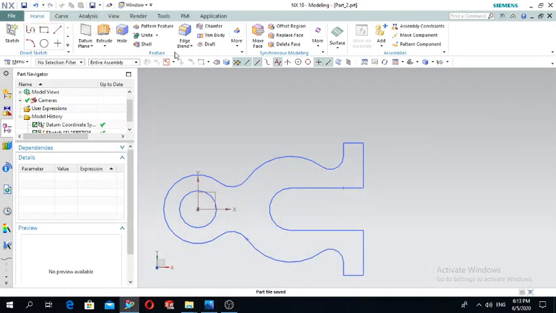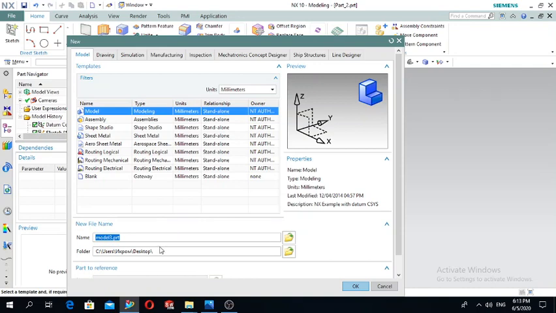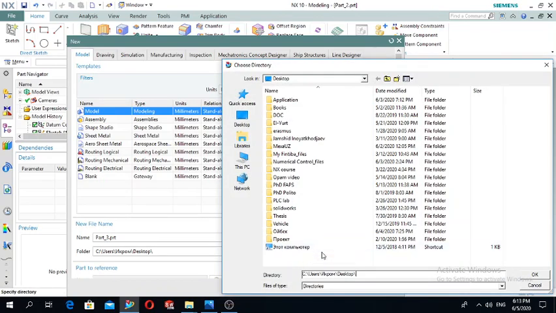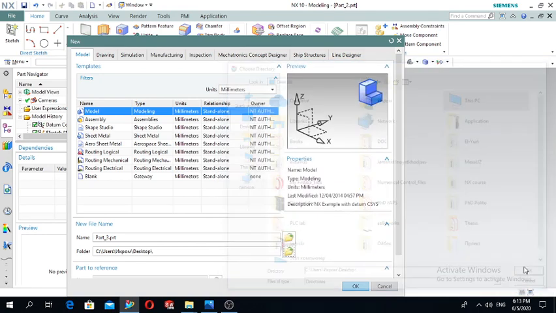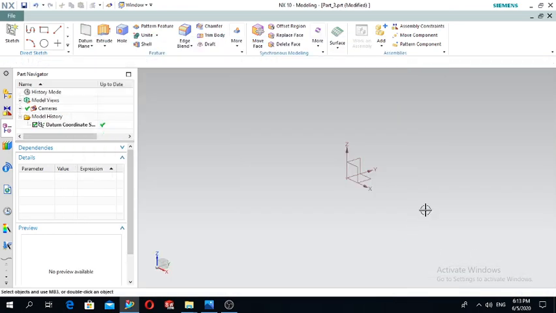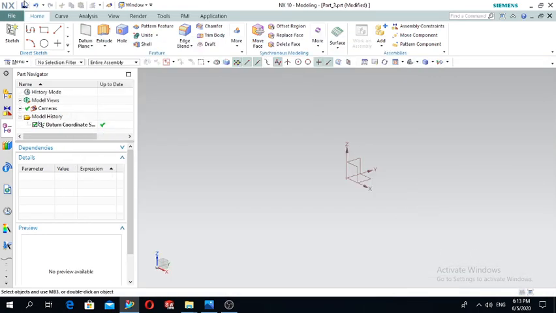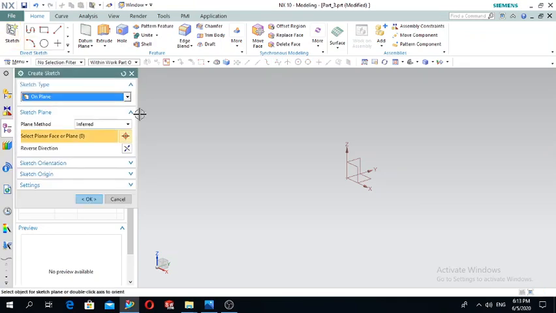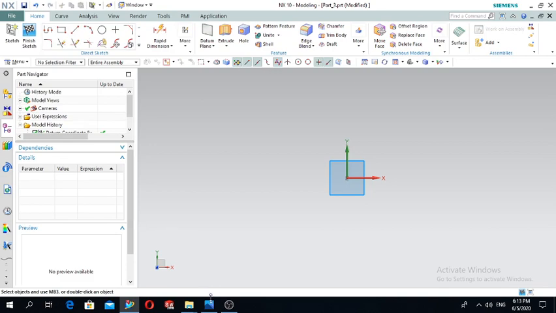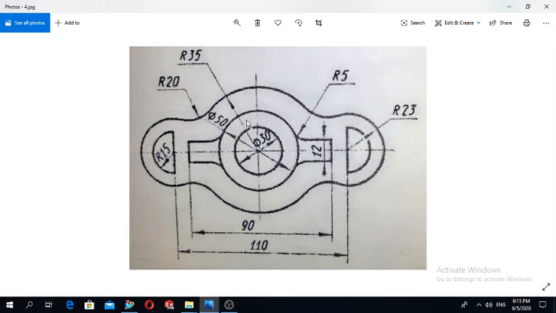Let's first save this project, project 2, open new file, call it part 3 and save it to desktop. Press OK and OK. Sketch, select the plane, press OK. Let's draw these